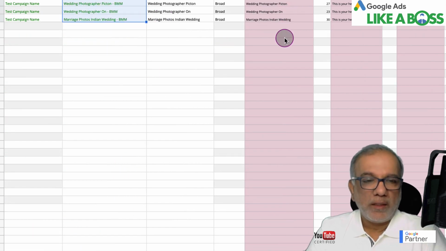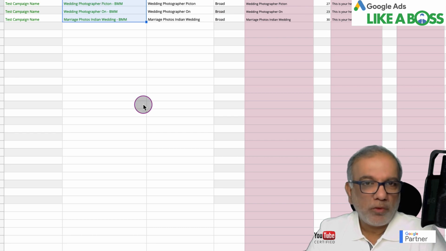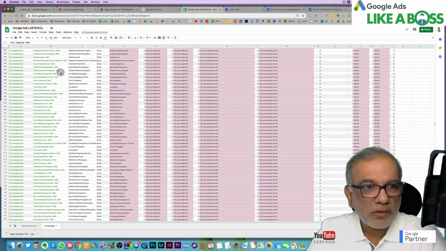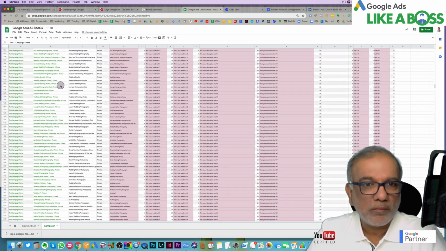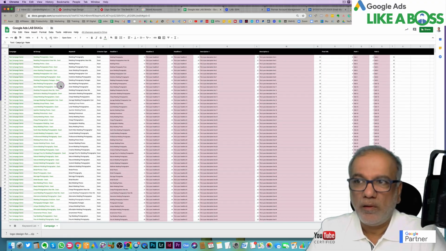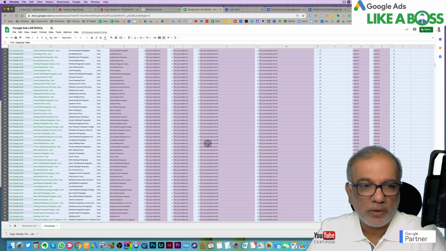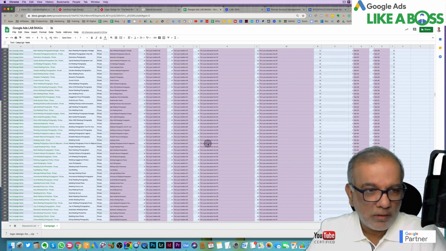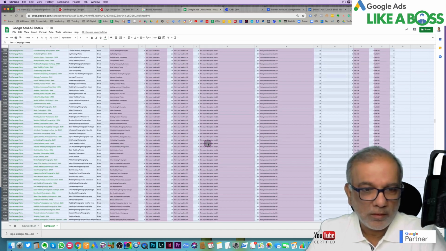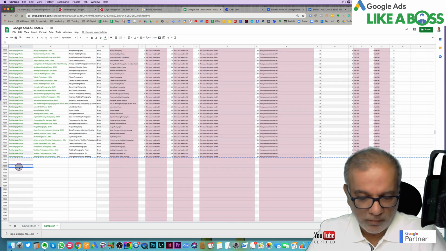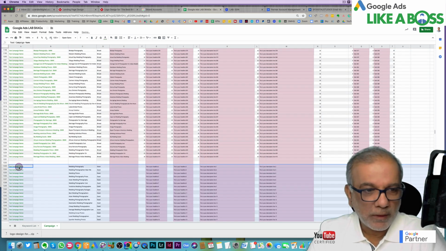So we got one ad in each one of these ad groups. Now what if I want to make 2 ads per ad group because I want to split test, or maybe 3 ads? No problem. All we do is copy the whole lot, we go to the bottom of the spreadsheet, paste them again,